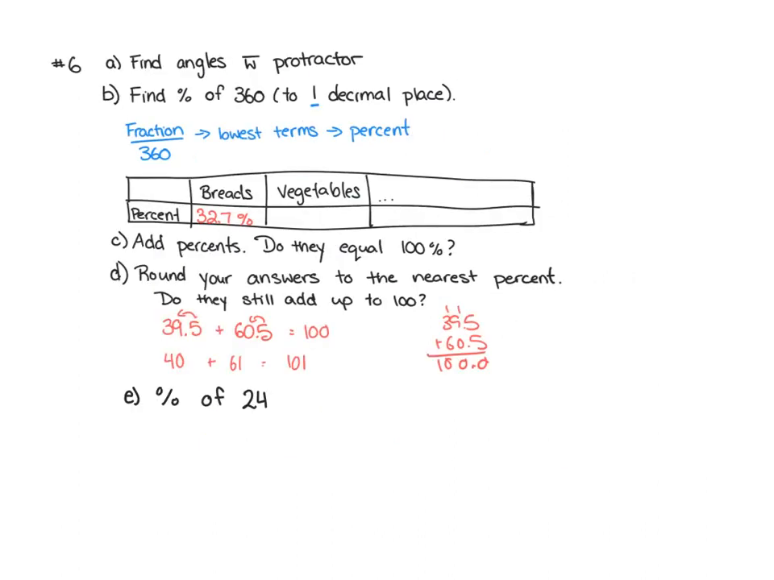Part E asks you, if Lena eats 24 servings of food each day, how many servings of each type of food does she have each day? So you're going to take your percentages that you found and figure out what percent of 24 that is. So remember, just like with the other one, we're going to take our percent and we're going to turn it into a fraction and then multiply it by 24 to get our number of servings that she has each day for that one type of